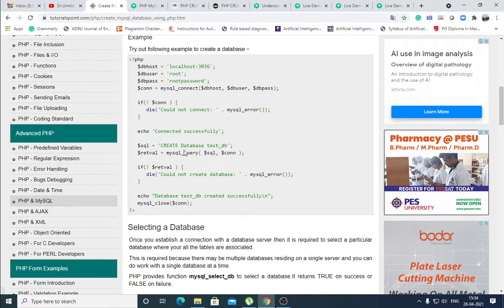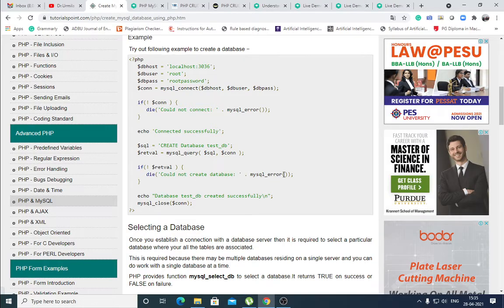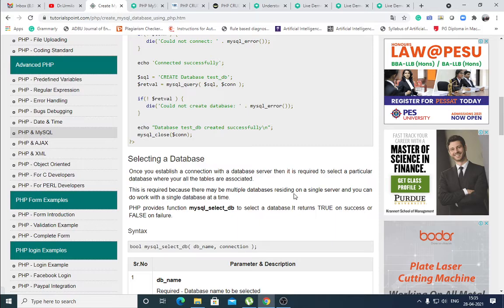This is another variable which stores the MySQL query, $SQL and $connection. It will execute the query. If $getVal has some problem, then it will be handled by "could not create database". If the database is created successfully, it will show "database test_DB created successfully" and close the connection.